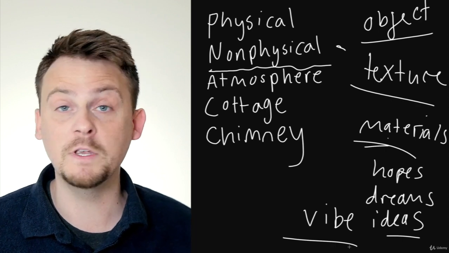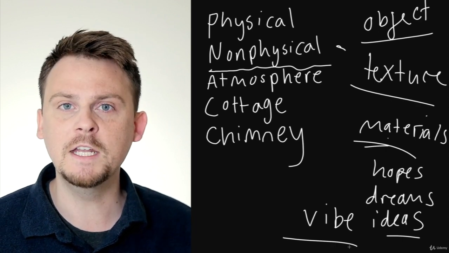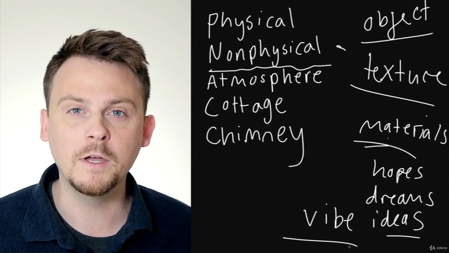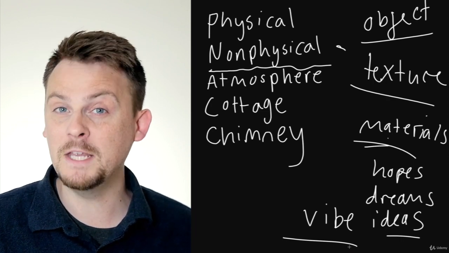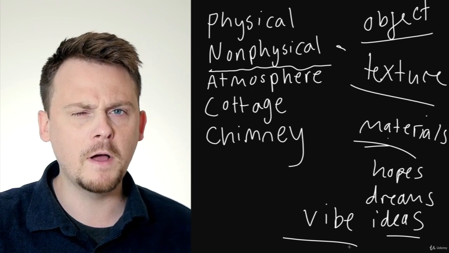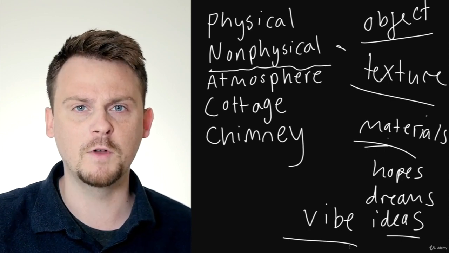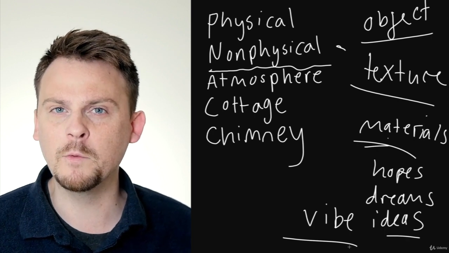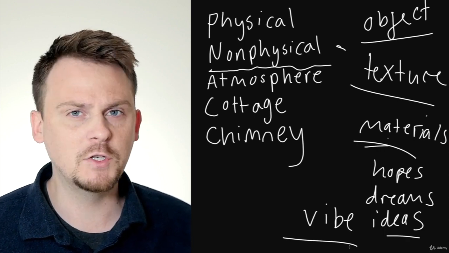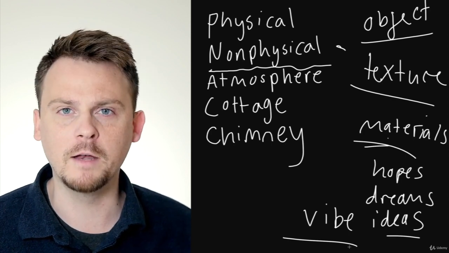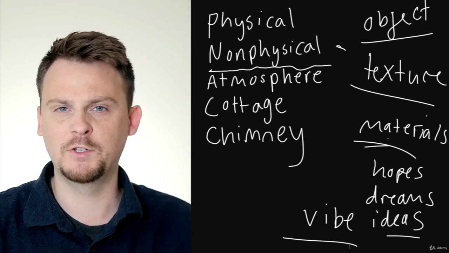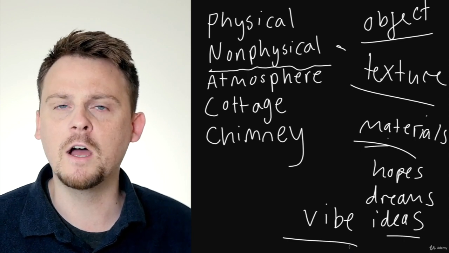Atmosphere can also be, for example, for a whole city. The city of Chicago has a very, very cool atmosphere, a cool vibe. Now, you can use vibe for people. I get a very strange vibe from that guy. A very strange vibe. But we usually don't use atmosphere for people. We wouldn't say, you are giving me a very strange atmosphere. Probably not. So we're going to use atmosphere in this class to talk about the general feeling of a place,